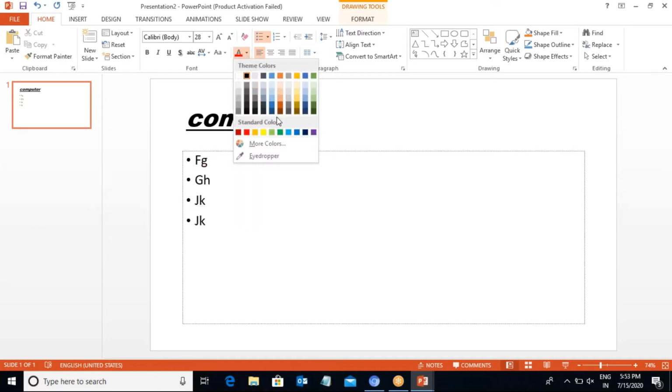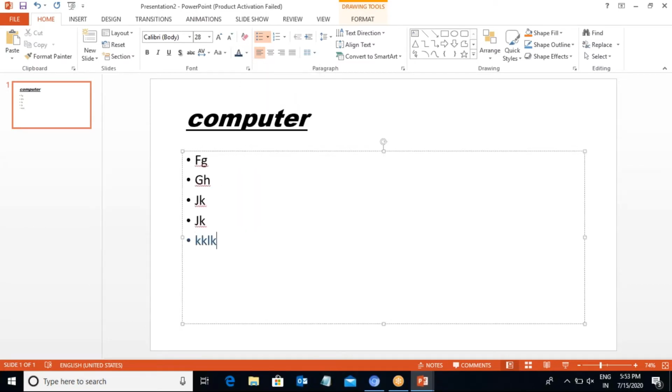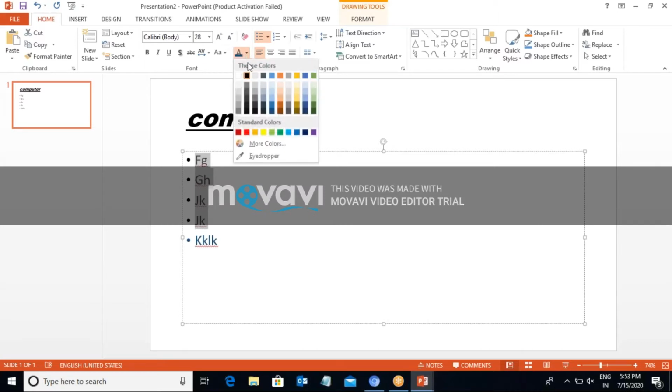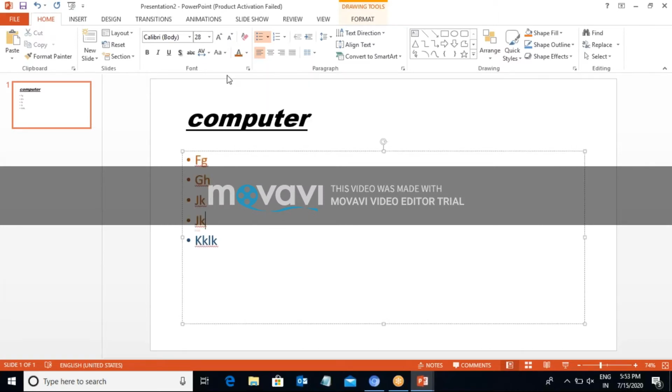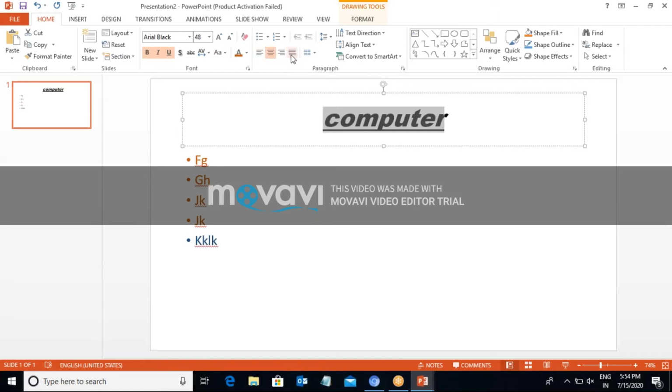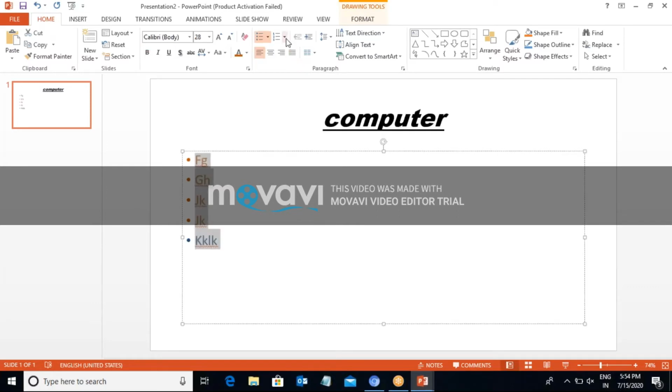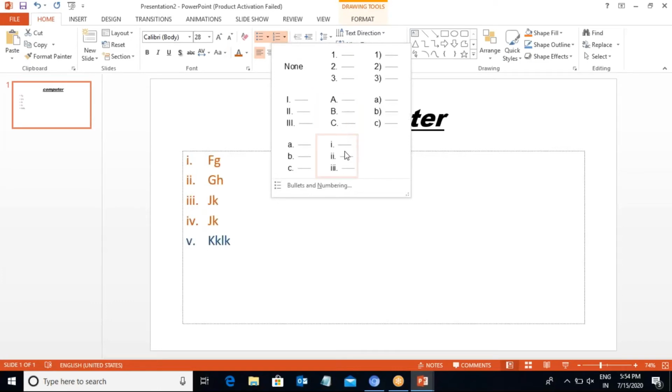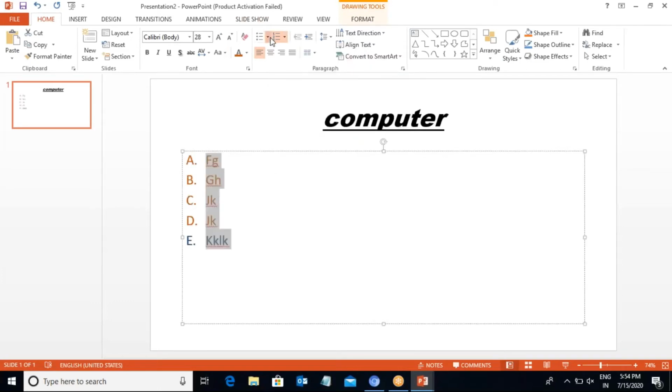If you want to change the color, click on this. If you want to change the color of existing text, select it and right-click on the color. To show it in paragraph form, double-click the text and choose the different paragraph formats as your requirement. Then click on the subtitle and show it in different formats: numbering form, alphabets, Roman numerals, or any special symbols as required.